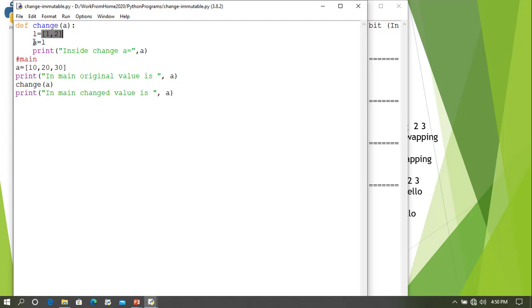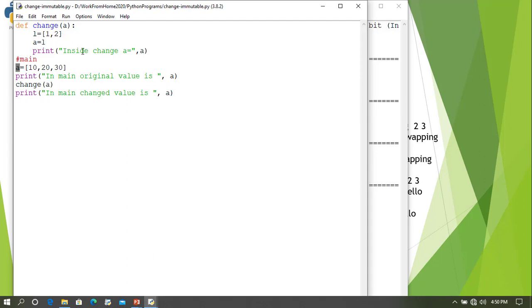This is because we have tried to assign it to another variable. Hence a is no longer referring to the memory location it was referring to earlier. Now it is referring to the location of L. Hence we will not get a as the same. a and L are different here.